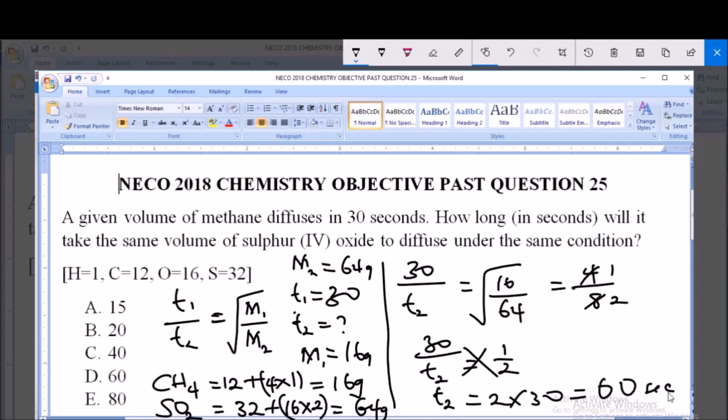So it will take 60 seconds for the same volume of sulfur 4 oxide to diffuse under the same condition, and this is because the molecular mass of sulfur 4 oxide is twice that of methane, and so therefore it will take 2 times the time taken for methane to diffuse for sulfur 4 oxide to diffuse,